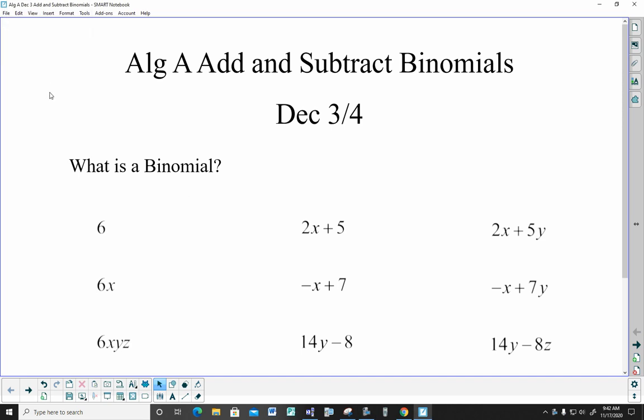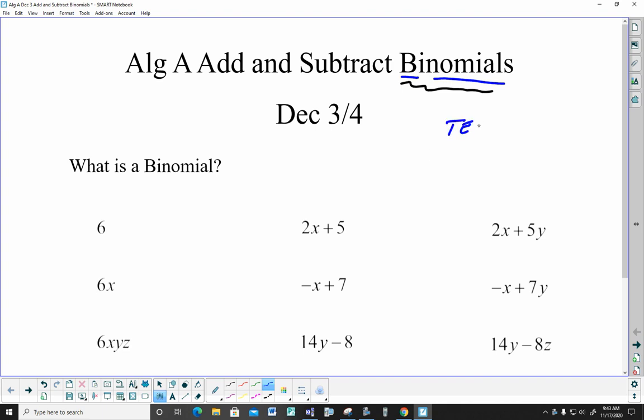Hello everyone. So this is the podcast for how to add and subtract binomials. First off, we need to figure out what is a binomial. What is a binomial? Okay, so there's another word that we need to figure out when we do this,